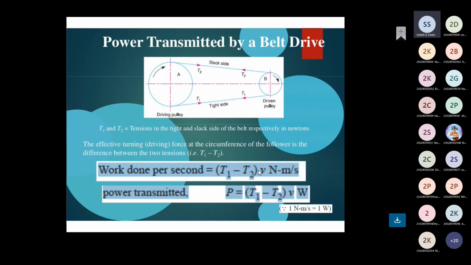So remember the equations, whichever theory we have proved, all the equations are directly and indirectly used in the examples. It starts from the velocity ratio, the length of the open belt drive, the length of the cross belt drive. After that, this is the fourth equation, power transmitted by a belt drive. And the next one is the ratio of driving tensions for flat belt drive, where T1 by T2 is equal to e raised to mu theta. So all these equations are very important. Now next one.